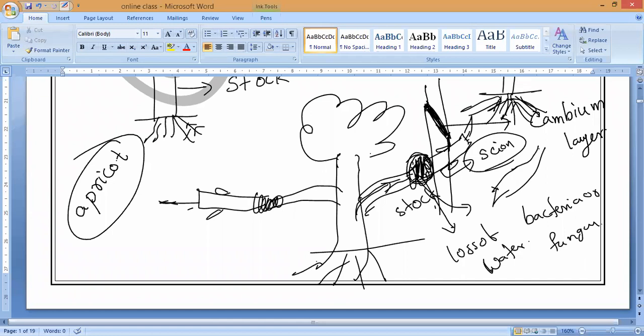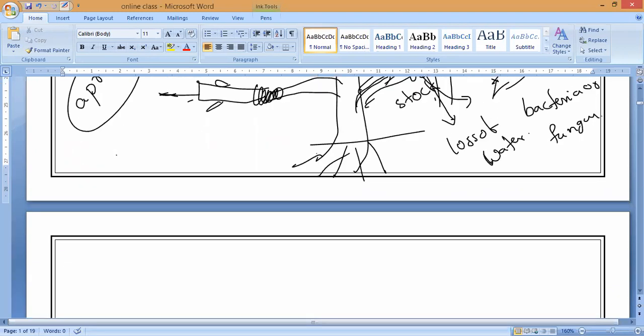So we get the desired characteristics of the two plants. We don't need to buy a new plant. If we buy a stem of that plant, we can attach it to the existing plant, grow it, and get the desired characteristics. That is what we call grafting. With this grafting method, we can produce the same plant, we can produce flowers also, and we can produce them much faster.